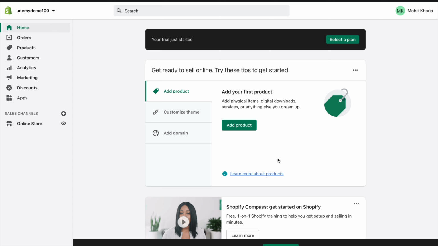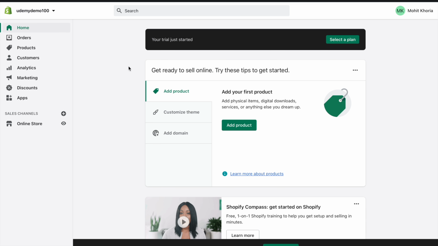Shopify is a platform for entrepreneurs to create their website, their online store, and sell products. You must have heard of Shopify a lot of times. That's why you are in this course. So Shopify is just a platform or a software where we create our online store and market it and bring orders, and then we can ship those orders through the customer's details. So let's discuss each of the following elements.